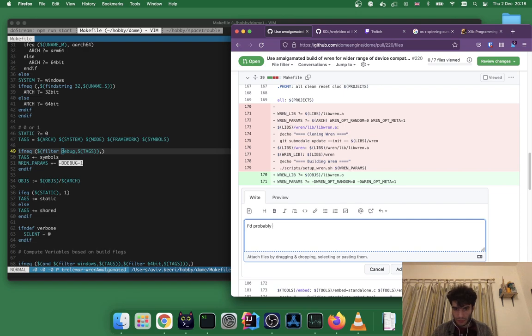I'd probably move these two near the top of the file, and then we can append -d debug equals 1 to them. Ren params variable if we are